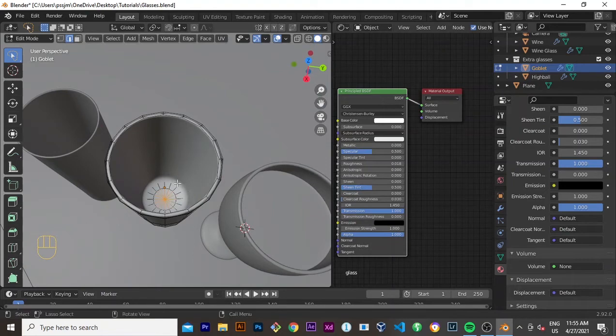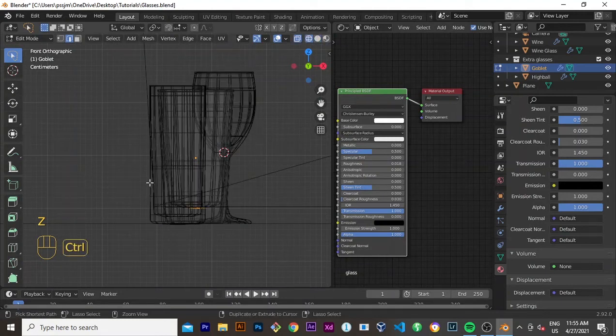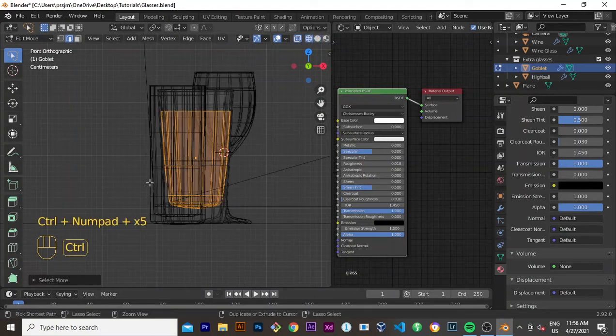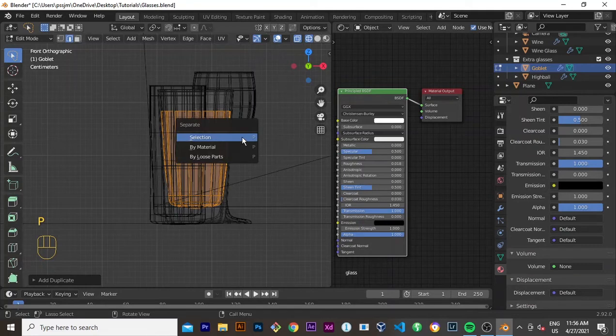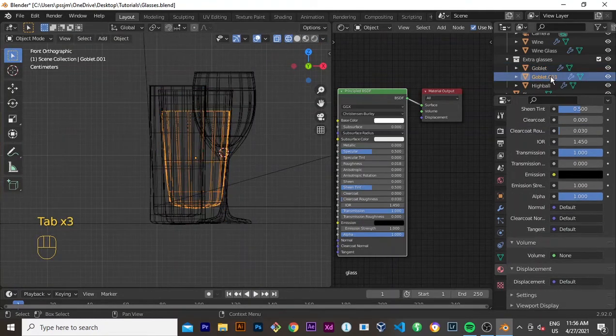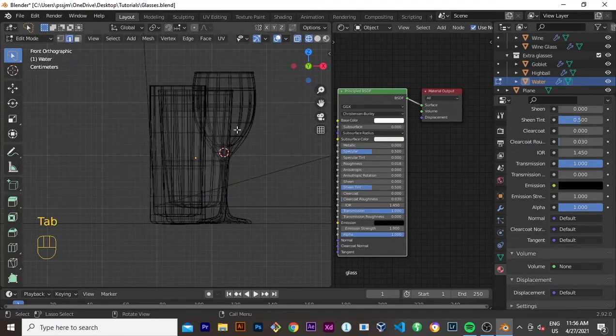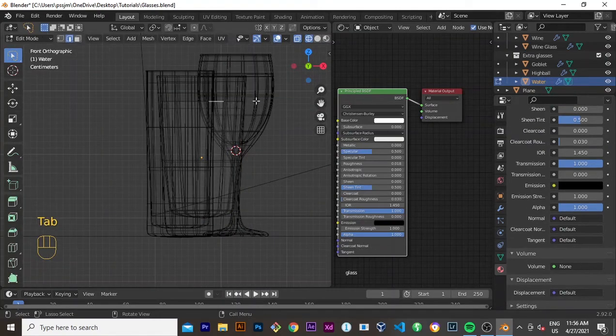center, come to the front view, go to the wireframe, control plus plus plus plus plus. Yeah, I want my water to end there. Shift D and then P by selection again, and then go to object mode and come over here, change that to water, and now we know that this is water, and then tab to come to edit mode